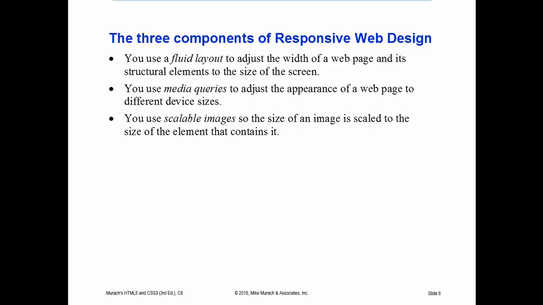All right, although you can use a fluid layout to adjust the widths of the structural elements on a page, you can't use them to adjust the appearance of a page. For that, you need media queries, which again allow you to change the appearance of a page based on conditions, such as screen length. Finally, a responsive design should use images whose sizes change along with the size of their